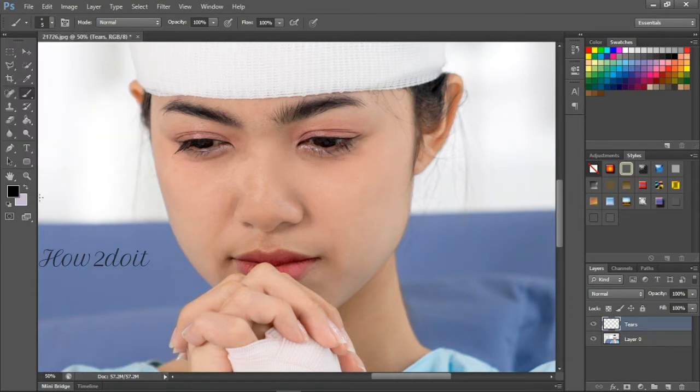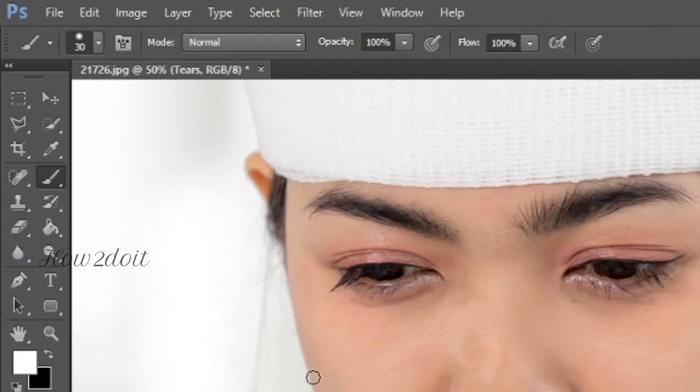And you can use any color. You can use black, you can use white, just any color you want. Let me use white. Then you want to make a point anywhere. The tears should be coming from this side, so I'll just do it. So, a point here, and after that you want to go to your blur tool here